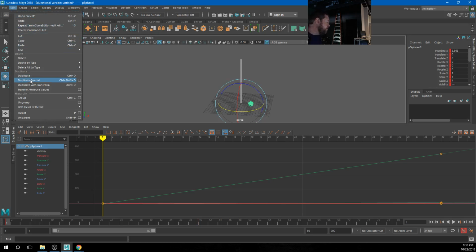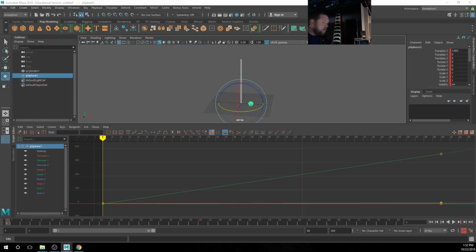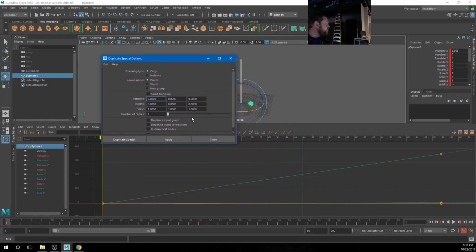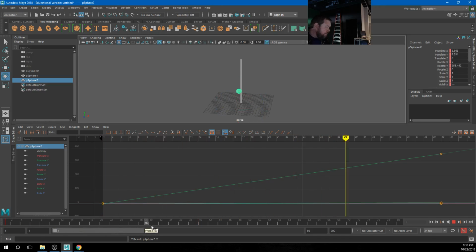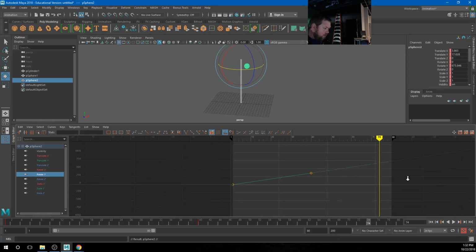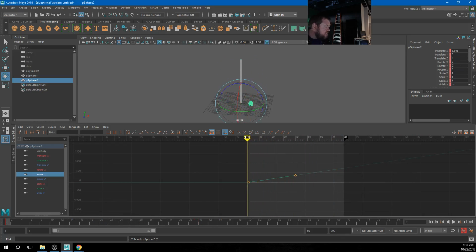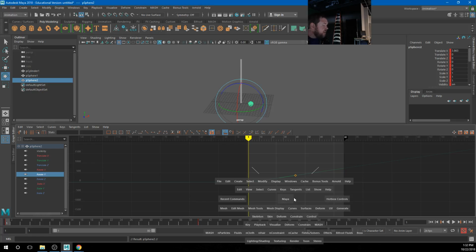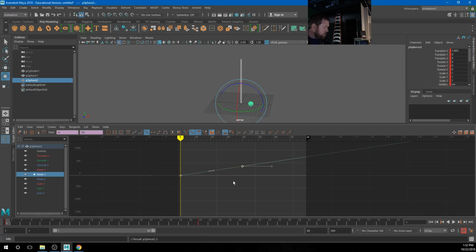If I go to Edit, Duplicate Special, choose this options box, I have to check Duplicate Input Graph right there. Okay? And if I do that, Duplicate Special, now I have both balls doing the same thing, right? One of the ways I can change this though, my rotate, this thing that cycles forever, right? It is currently starting and stopping at the same spot. If I want to be at the mirror across from that, I could just raise or lower these points here, right? So I can get it down to about halfway there, and now we get 2 of them spiraling up,